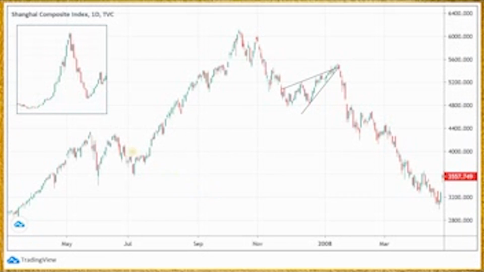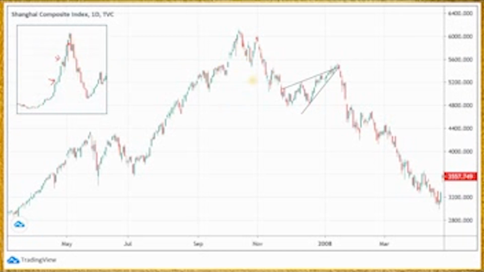Next, we have the Shanghai Composite Index, which formed a bubble in 2007. And here you can see this is a real classic parabolic rise. Again, we've got two areas of consolidation, one over here and one over here, but it didn't really consolidate for very long. But this last push up was huge, and that's because these moves are so rapid and so large. That's what draws a lot of people in, and particularly the retailers can get caught up in that.